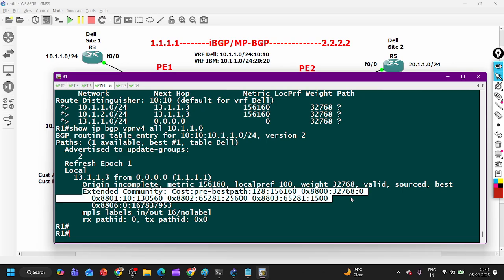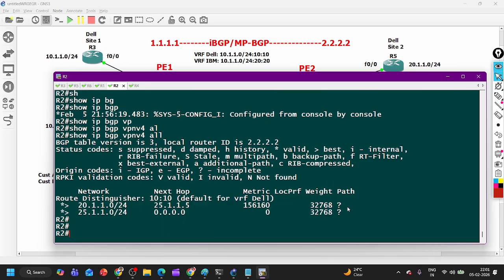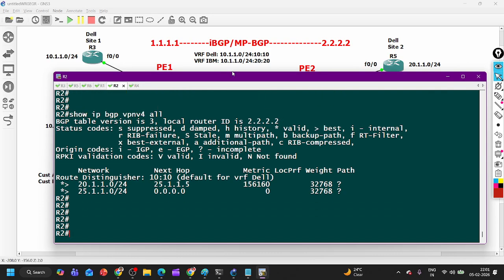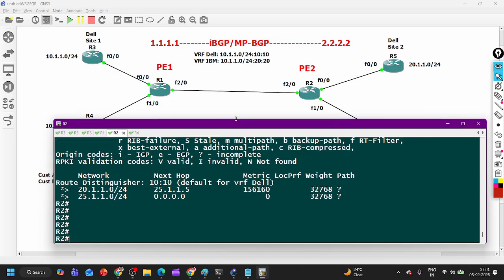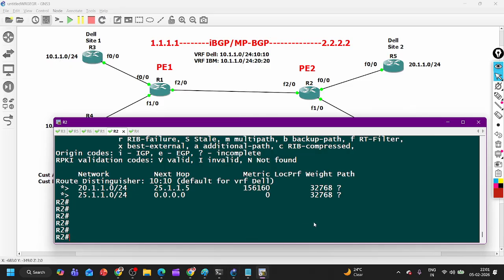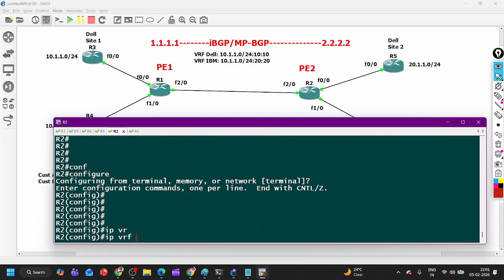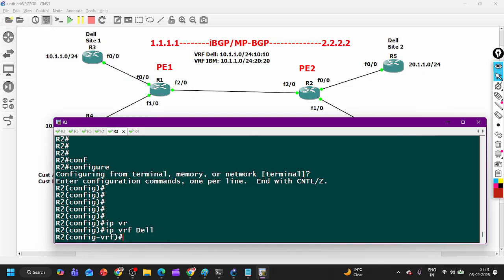Not yet. Go to R2 and check the BGP table. Router 2 is still not receiving 10.1.1.0. Now on router number 2, I am going to import that route target value. IP VRF Dell and